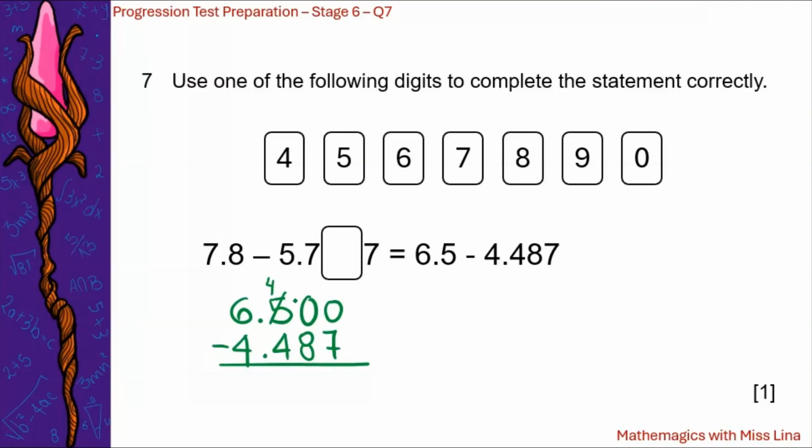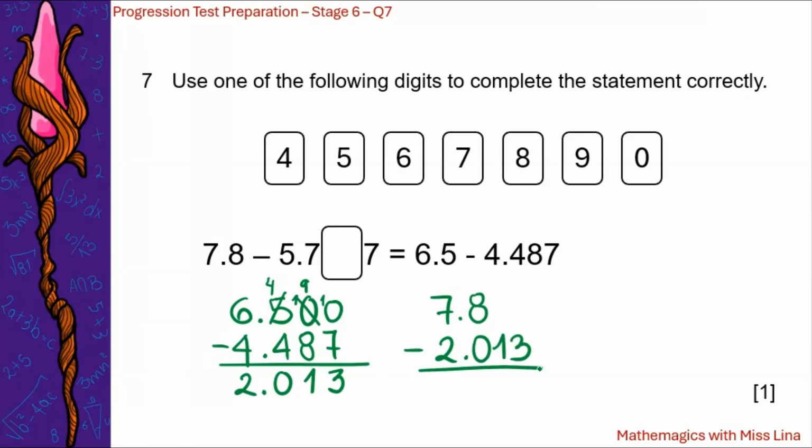So this one becomes a 4, this one becomes a 10, and after a 9, and this one becomes a 10. 10 minus 7 is 3, 9 minus 8 is 1, 4 minus 4 is 0, 6 minus 4 is 2. So 2.013. And then we do 7.8 minus